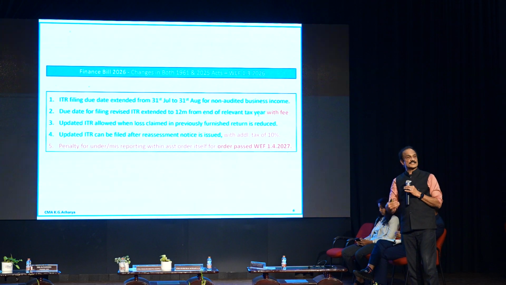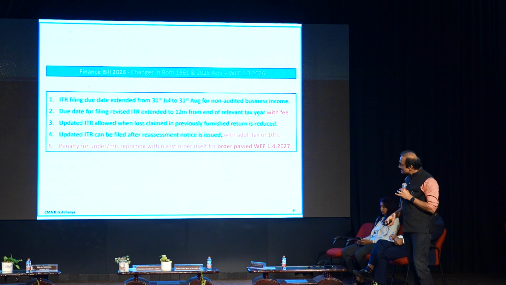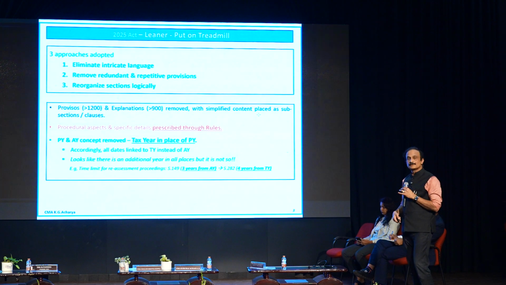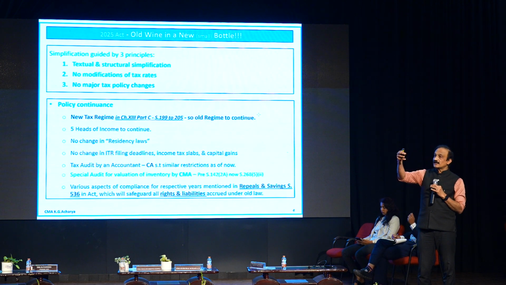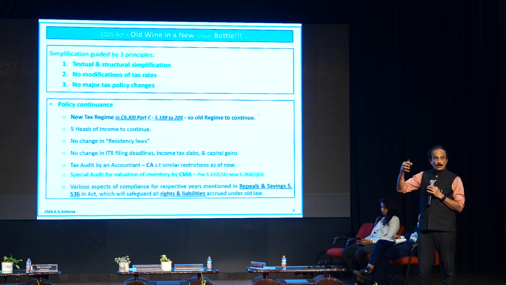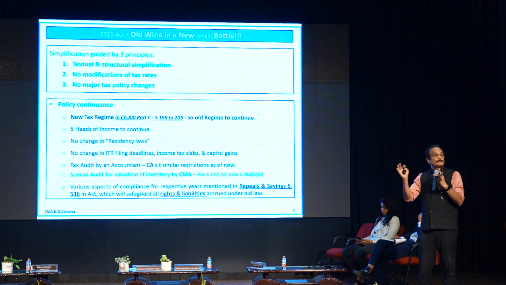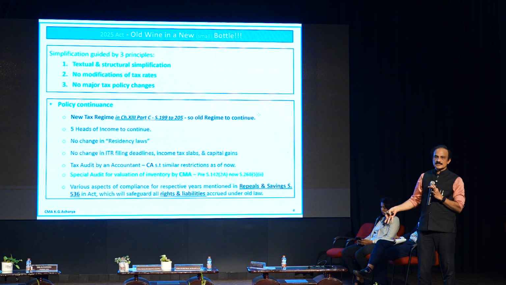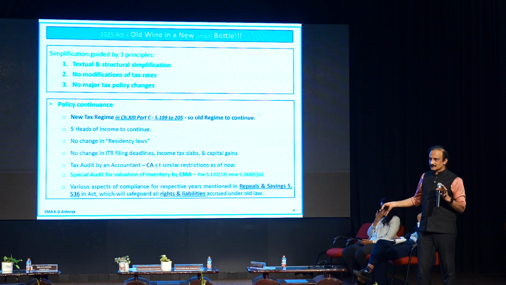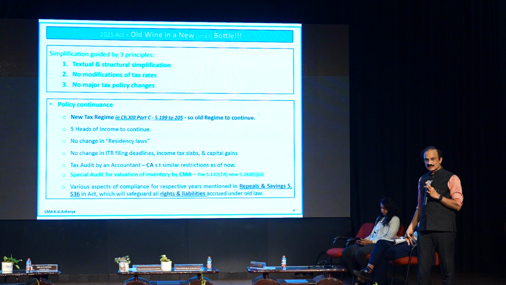But we are saying the number of sections has got reduced. Now, what has actually got reduced, you must understand, is 44AD, 44ADA, 44AE. All these were considered as three different sections, but within the 298 sections under the 1961 Act. In the 2025 Act, all of them are made different. So that is why the number of sections has increased.